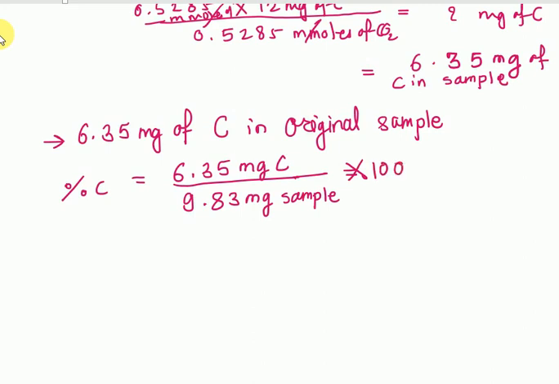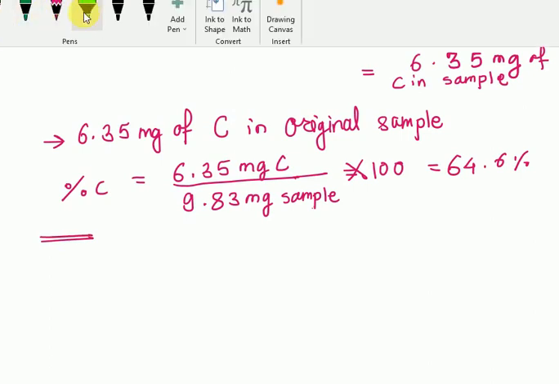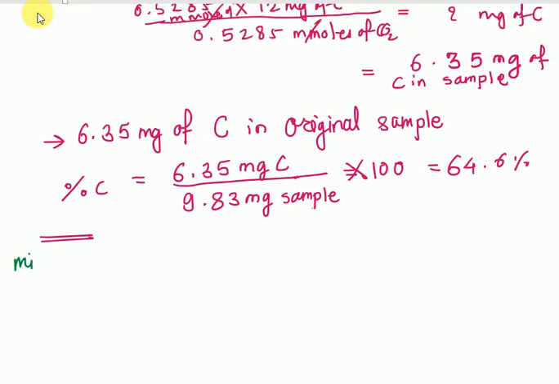So first, calculate the millimoles of H2O formed in the combustion experiment. Millimoles of H2O formed is the amount of sample taken for the analysis, that is, the milligrams of water formed while doing the combustion experiment: 9.52 milligrams of H2O were formed, upon the molar mass of water, which is 18 milligrams per millimole. It comes to 0.528